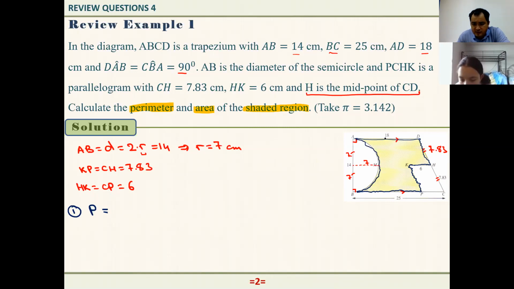So the question is, the length of this boundary, what is it? That gives us the perimeter, right? So now I start from here. Perimeter equals, if I walk from A to D, it's just a straight line segment, that is AD, plus from D to H, that is DH, plus from H to K, that is HK, plus from K to P, KP, plus P to B, that is PB,